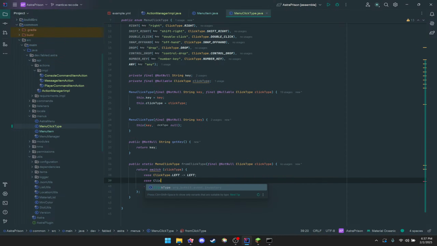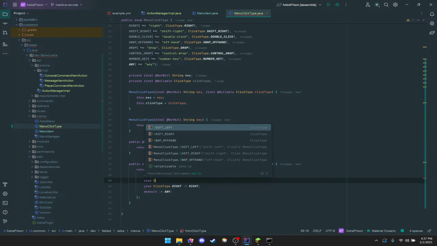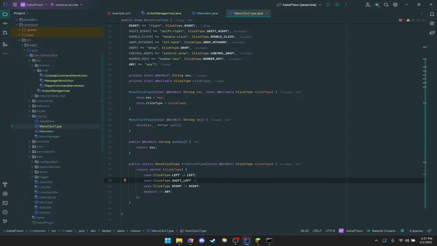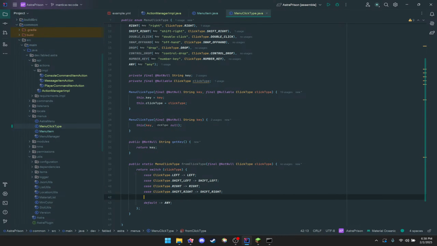Okay, case click type dot right, right, case shift left, case click type shift right, right. Just a couple more to go. We got case